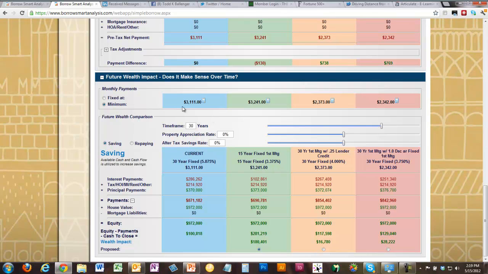When I choose minimum, it's saying you're going to make the minimum required payment for each debt over 30 years, and if you have any leftover cash flow, it's going to go into your savings account. So here, this 738, because you click savings, is going to go into your savings account. Once you, well, actually,